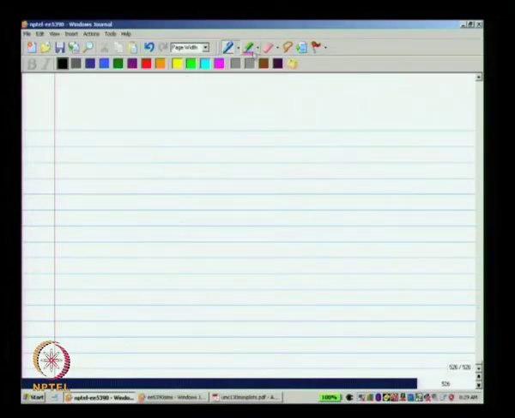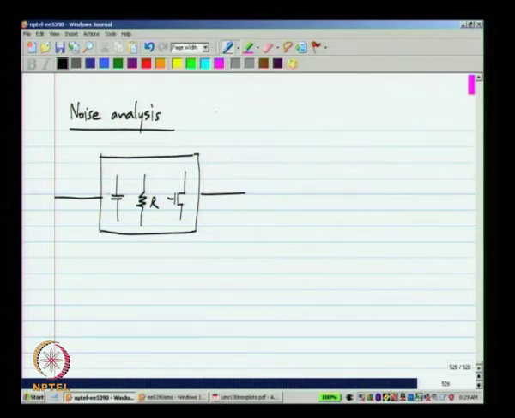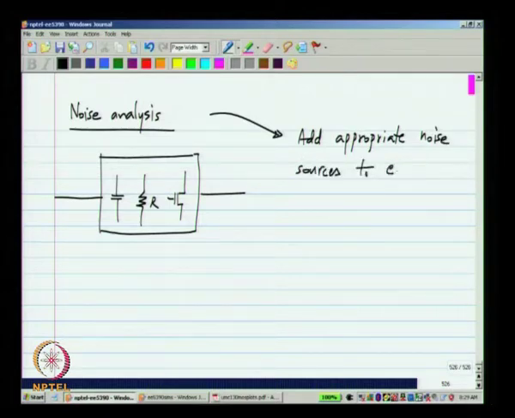And one other type of analysis that is very commonly used and very convenient is noise analysis. Okay. You have a circuit with a number of components, let us say capacitors, resistors and MOS transistors and so on. What noise analysis does is to add appropriate noise sources to each component.